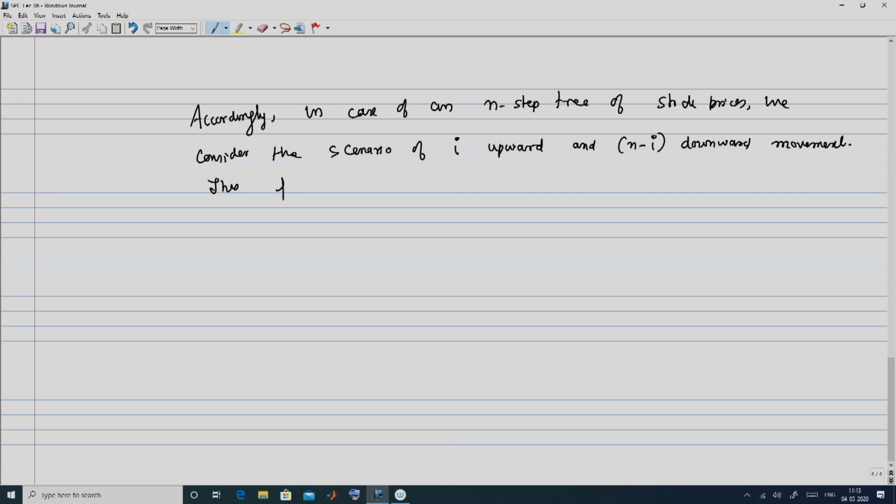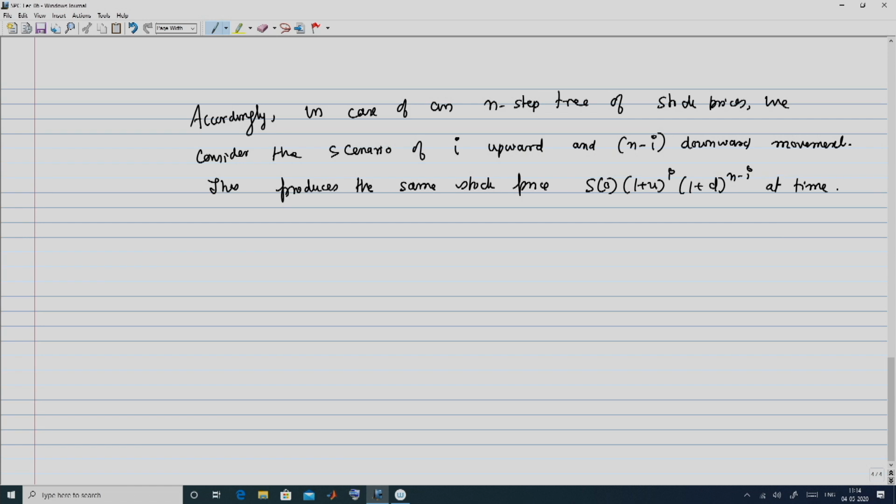So, this produces the same stock price as S 0 into 1 plus u raised to I into 1 plus d raised to n minus I